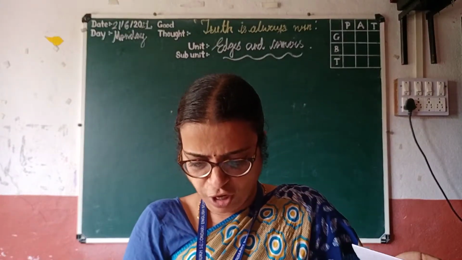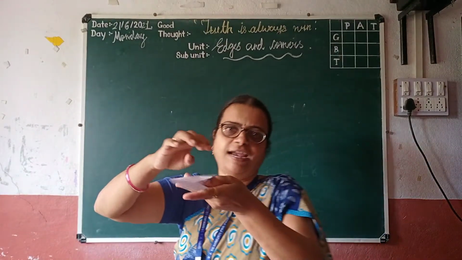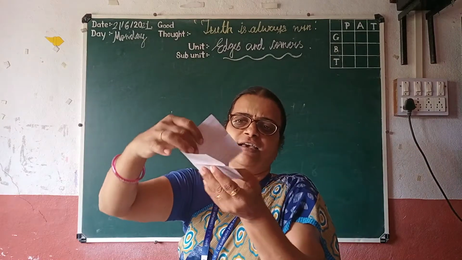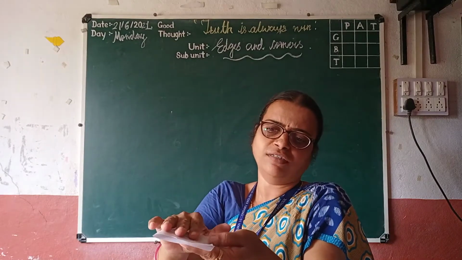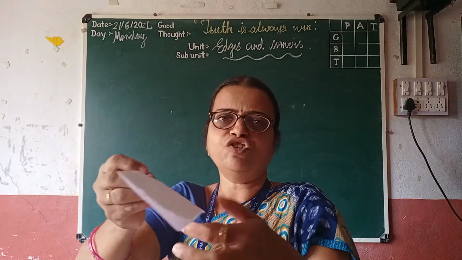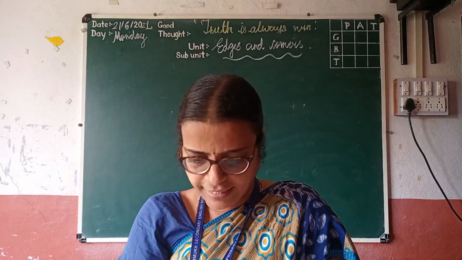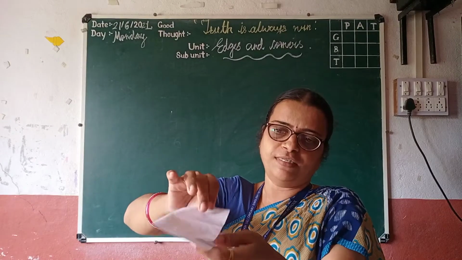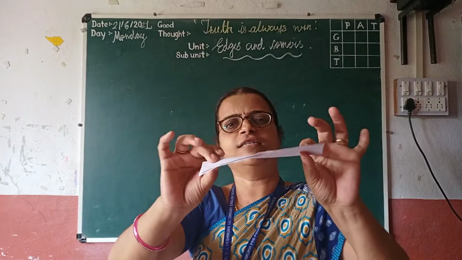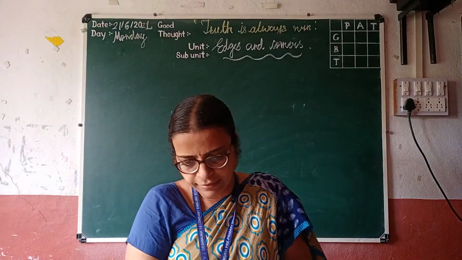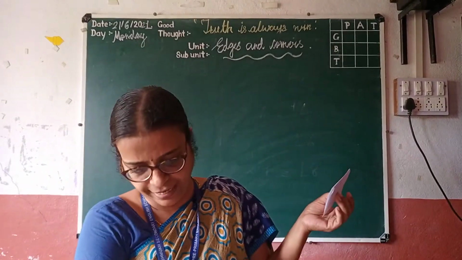Now see here, the shortest side falls exactly on the side opposite to the shortest side. Then what you have to do? See here, this is the shortest side. This is the middle point. So what I am doing here? Look here, I am folding. This is the shortest side. Fold exactly to the opposite side. And this is the longer side. Opposite sides of a rectangle are of equal length.